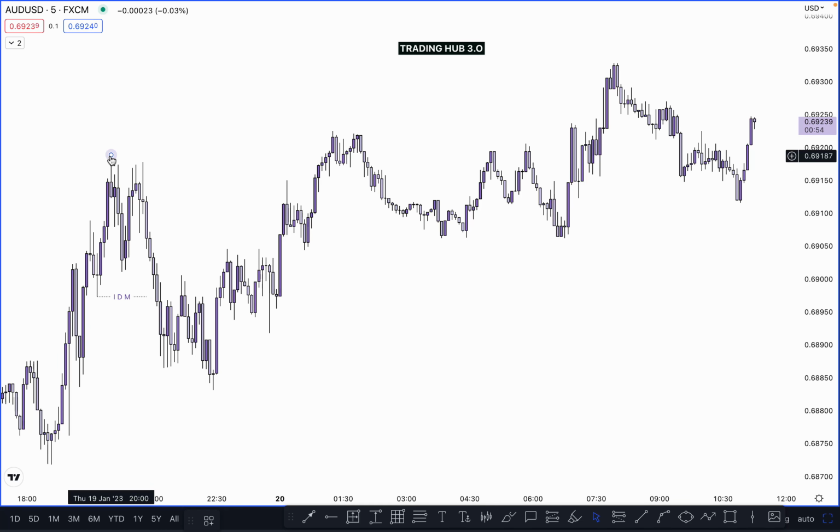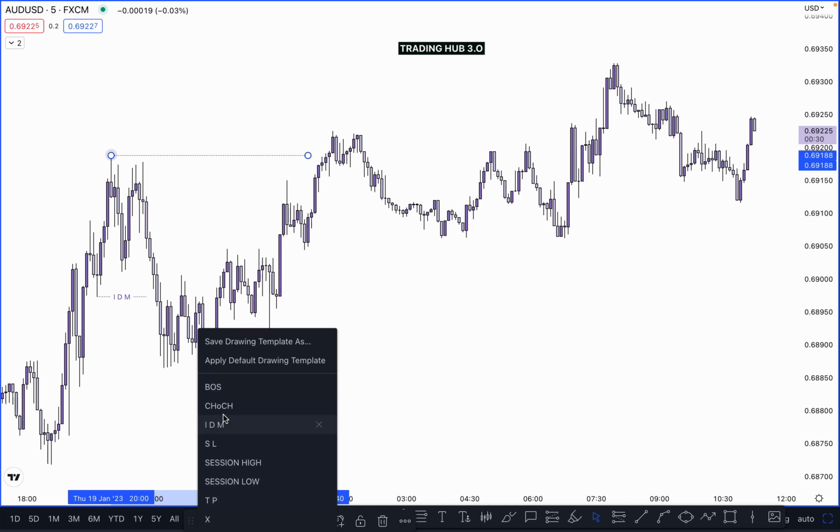And what happened here? Where is our break of structure? Where is our higher low? This is just an explanation of how you can identify inducement and break of structure. Okay, when the market breaks the previous recent high, which one is here? I'm talking about the major high. If the market closes above it, then this becomes our valid break of structure.